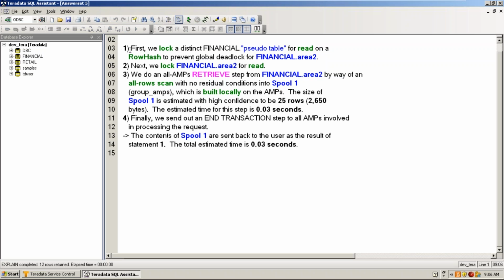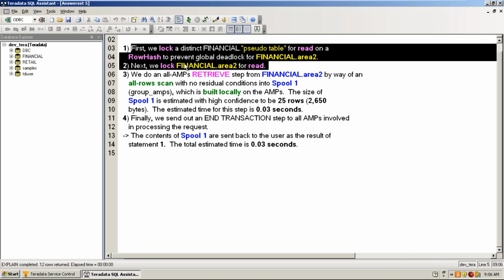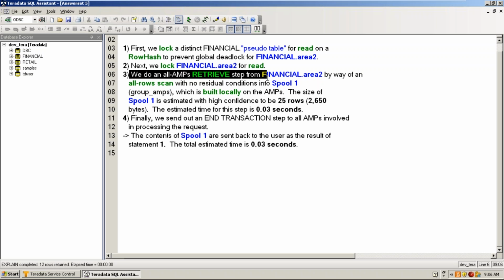See, the first step is to lock the tables, to request for the lock, and then the next step is to get the lock, and then it does an all AMP operation. See here, the all AMP keyword. Why is it doing an all AMP operation? Because we didn't use the primary index in the where clause, so select star from area 2 has to go to all the AMPs involved where they have their portions of the area table and get you the result back. So all AMPs, and within the AMP all rows should be scanned,